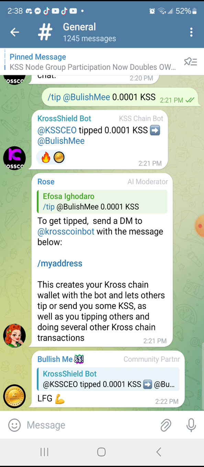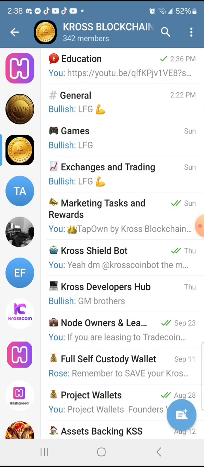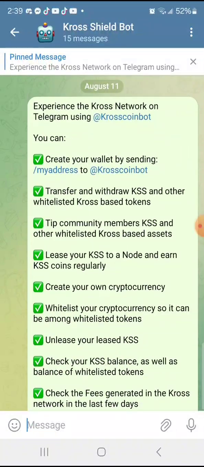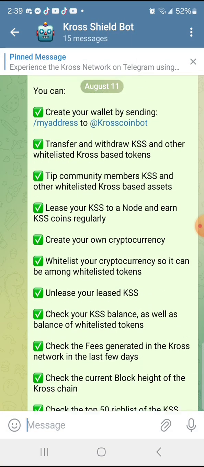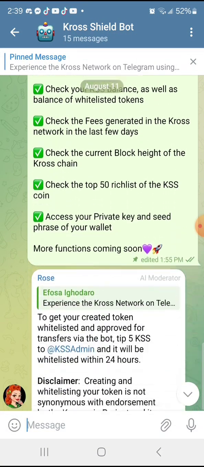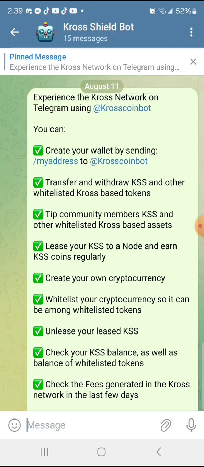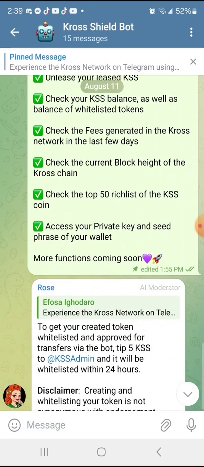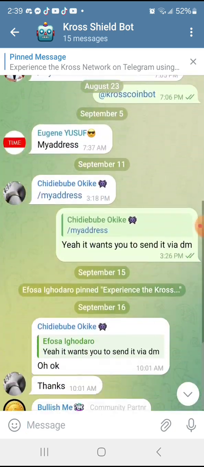So let's go further. I also want to bring your attention to the Kross Shieldboard topic room on the Kross blockchain. It has its own topic room. Look at Kross Shieldboard. You will see it in the pinned message, the first message there. It shows you all that you can do on the cross-chain bot. So go through it and then just play with it. Right. Now let's go to